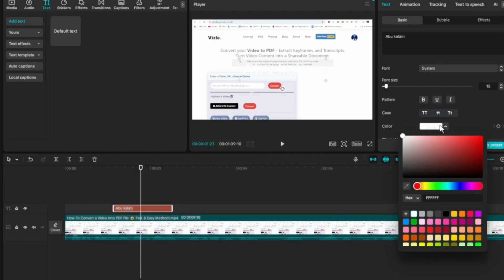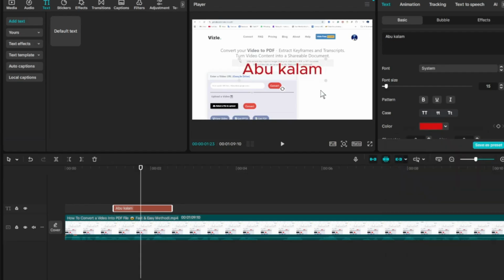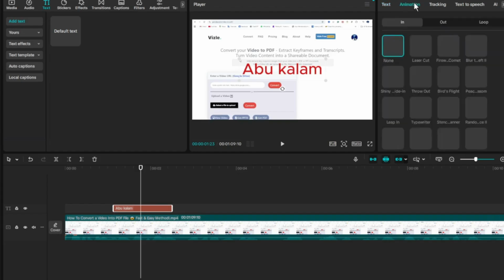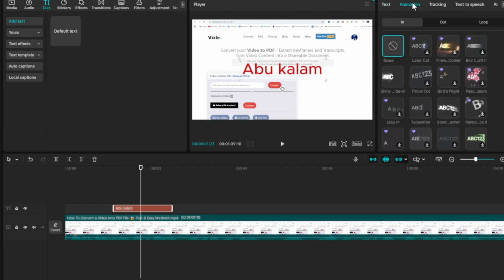Okay, so I need to change its color, so red. Okay, this is only for example purposes. So how to animate, right? So first you need to select the text, then go here, this is animation. So here are lots of free and paid animations available. You can add any one. For example, if I click on this one,